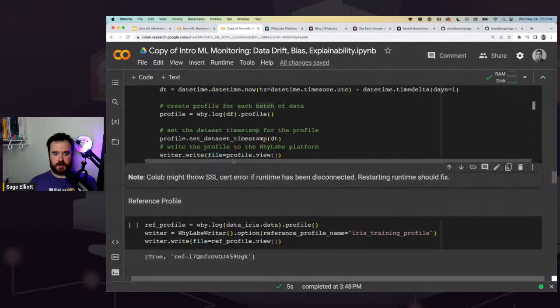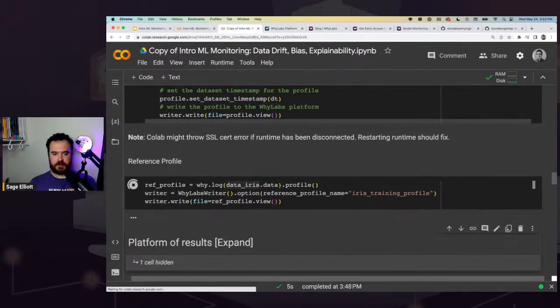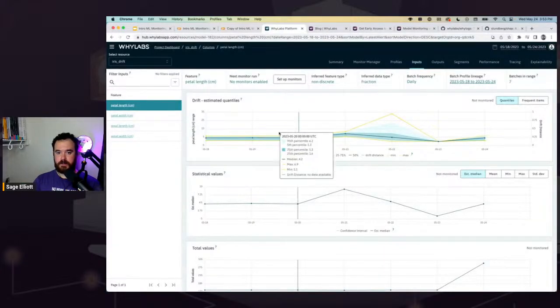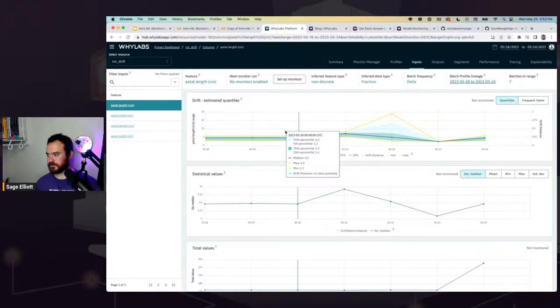So real quick, go ahead and run this next code cell. What this is going to do is write a reference profile of our training data set. I had mentioned at the beginning, if you don't know where to start on ML monitoring, what you might want to do is log your training data set and look at any new data in production and compare it against your training data set. So basically, we're going to use this profile to compare: does this distribution match our training distribution?